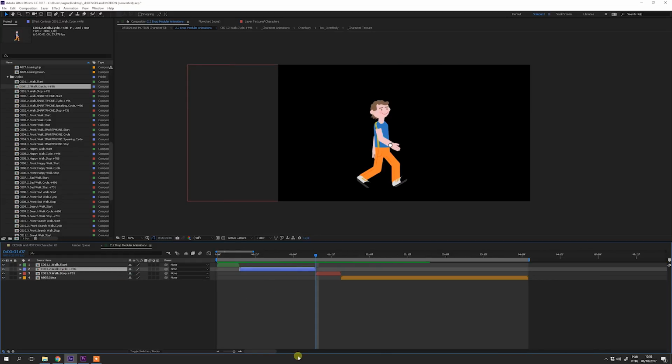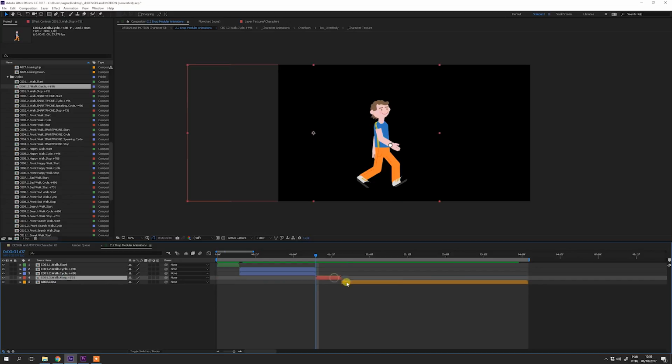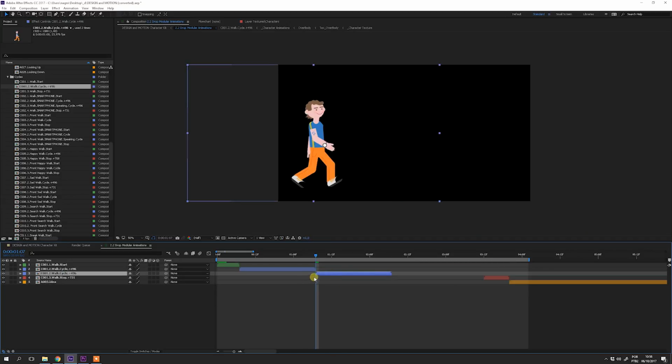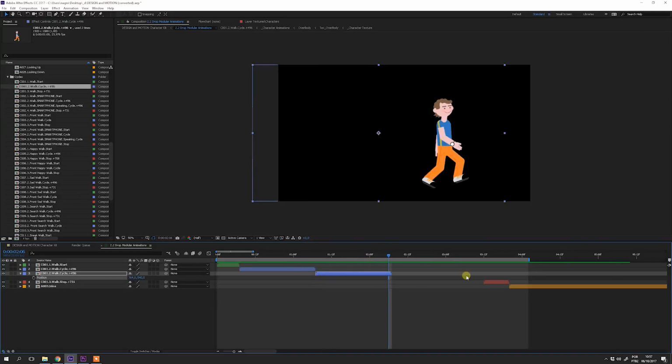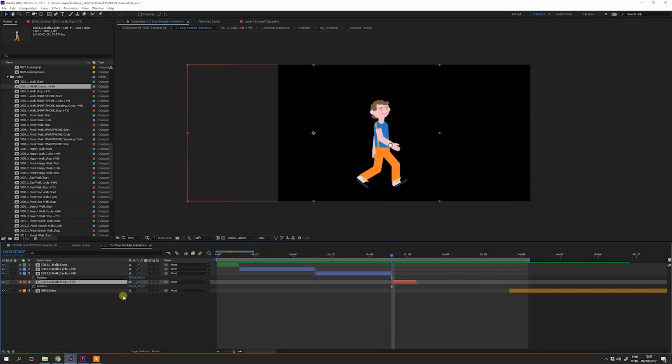To extend the animation, duplicate the cycle model. I will drag it to the end for now. Use the value at the end of the cycle model to adjust the position. To the original position value, you will sum 496. Do the same to the stop model and to the action too.